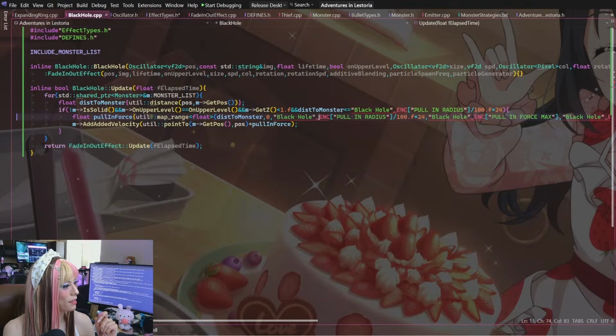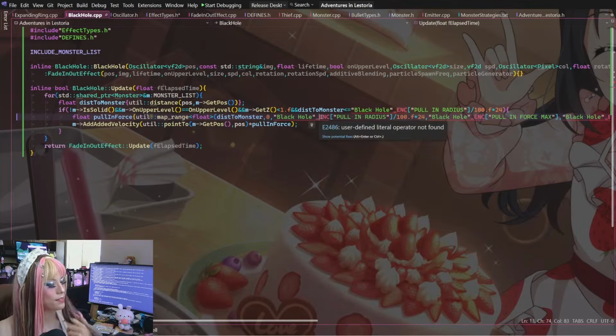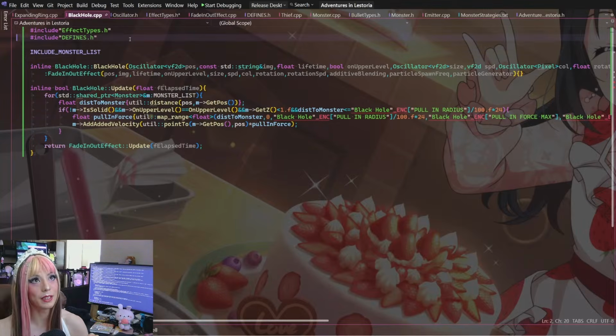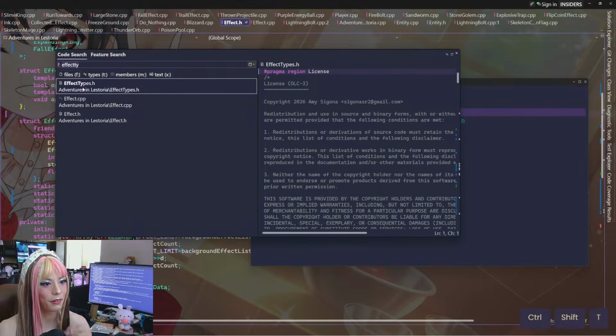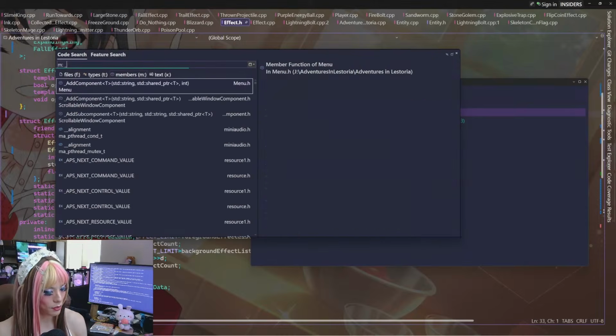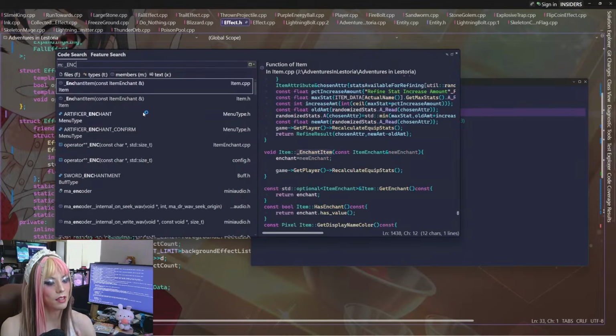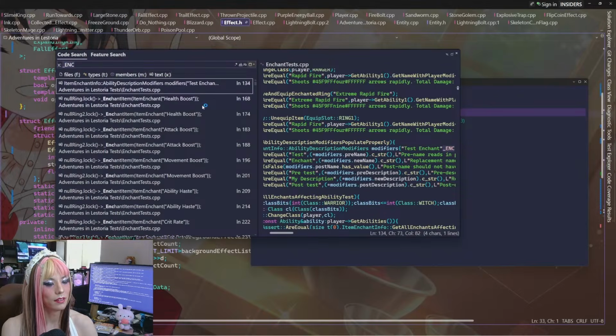Okay, so this user-defined literal underscore ENC is not found. It's supposed to come from like enchants or something. Let me see if I could find that real quick. That's a little more obscure. Underscore ENC. It should be somewhere in here. Dang, we have to do a deep cut.